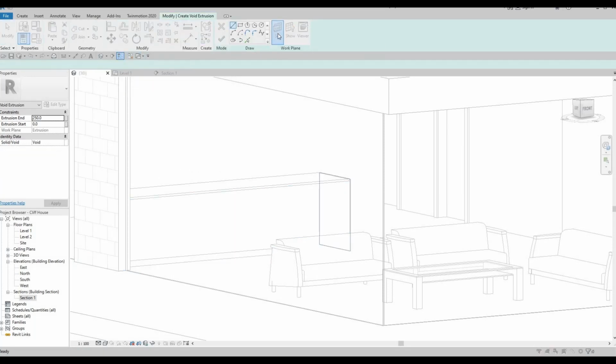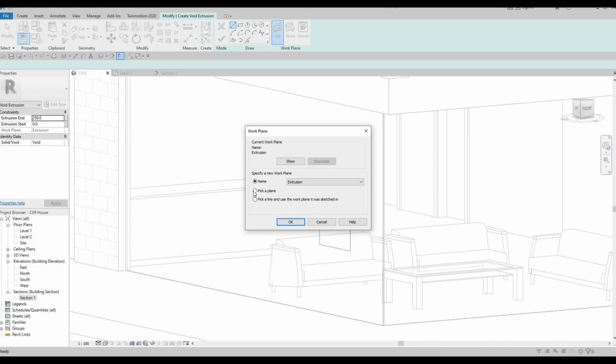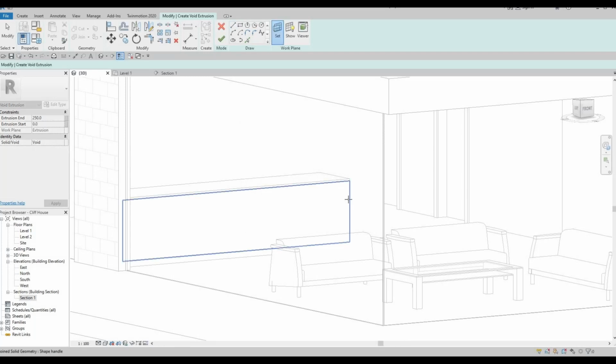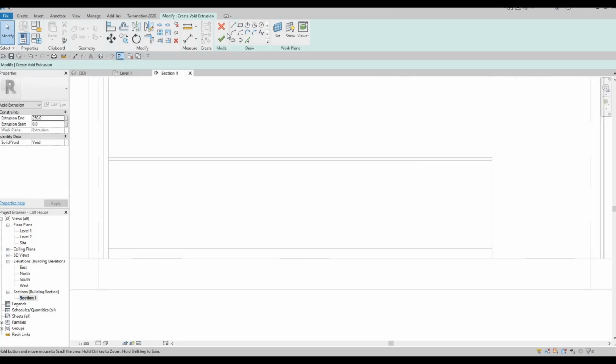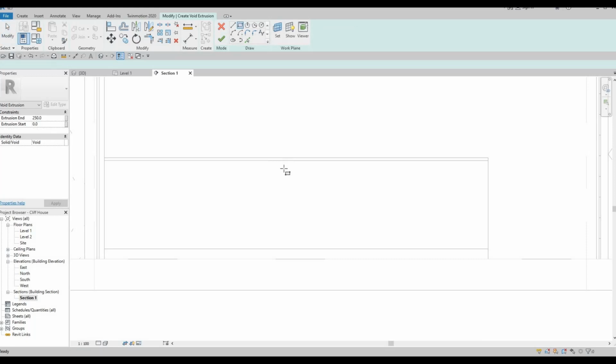You will need to set it again, so click set, pick a plane, press OK. We will need to select this plane now. Once this is selected, you can now go to section, and here in section we could add in those separation. So what I'm gonna do is I'm just gonna divide this in the middle like that,